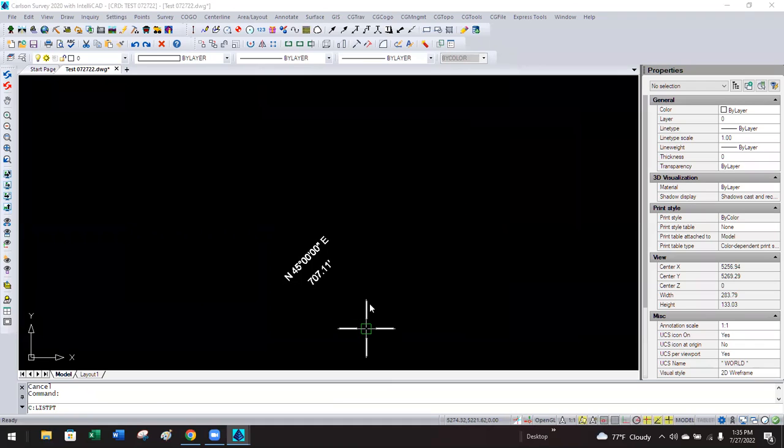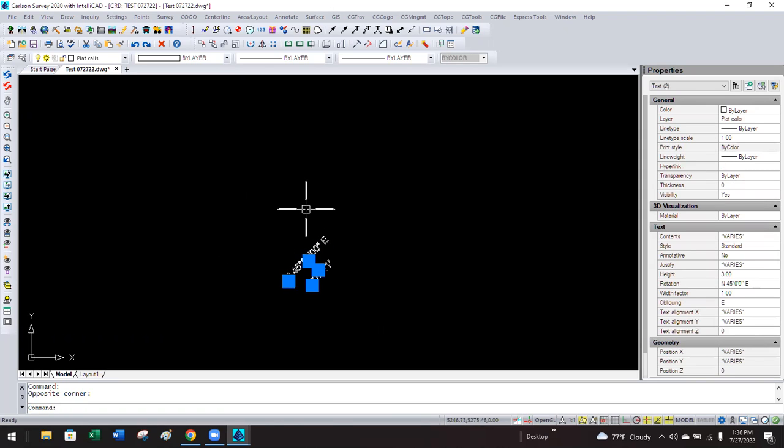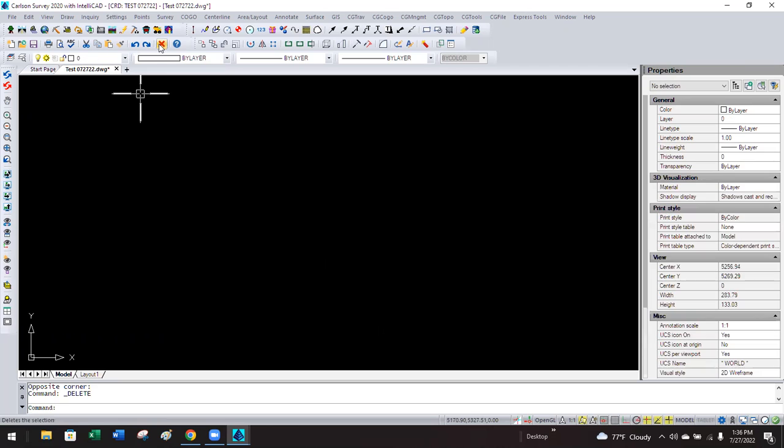Now let's do them all. Oh, it's over on your other screen. That's why I can't see it. Okay. So it's still got 4 points. You don't need to drag it over. I don't need to see it, but let's see. Well, you need to close that list box off and come back to the command prompt. There we go. Now, so these are non-annotative, and they will always stay